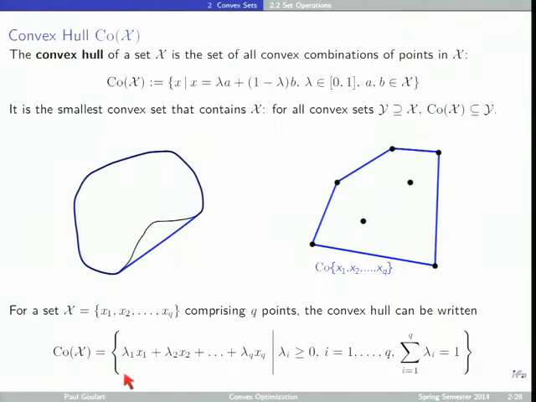Now I can take the convex hull of a set. So now suppose that,